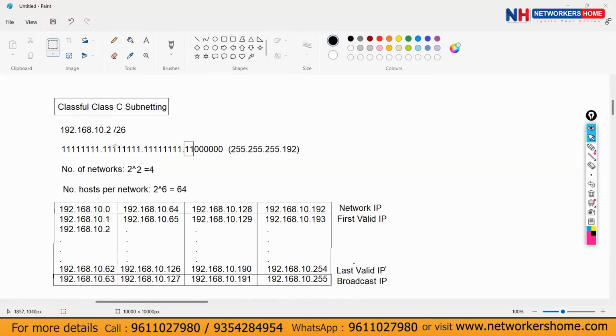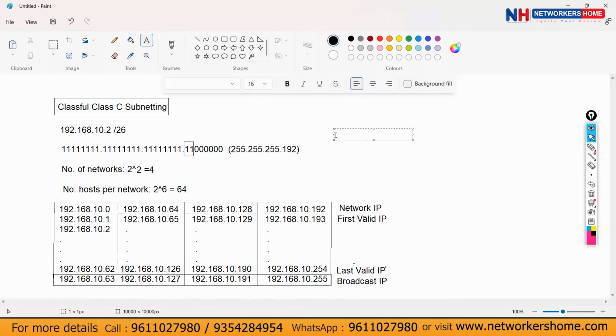So if we use /26, we are dividing the network into 4. In each network, we can allot 64 PCs. In this 64, one will go for network IP, one will go for broadcast IP. So now for this IP address, look at the same table and tell me